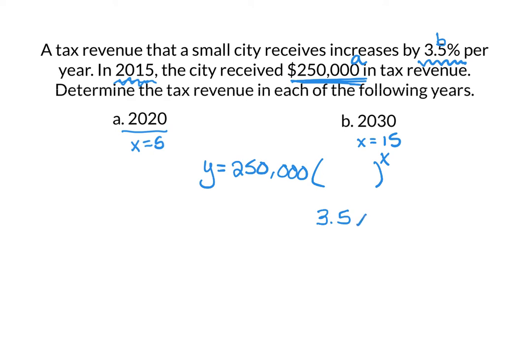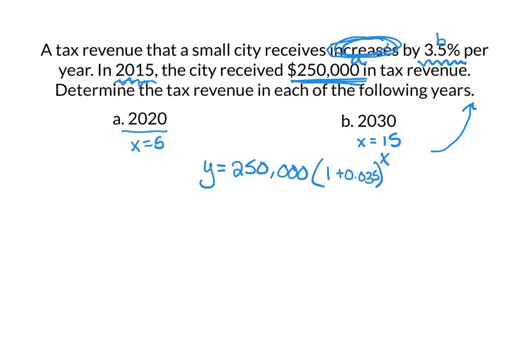So it's 3.5%. Well, first, how do we write a percentage as an equivalent decimal? We move the decimal to the left twice, add a 0, so it's 0.035. But we're dealing with an increase. We're dealing with something that's growing. And what I said at the beginning was that a growth factor means the b value has to be greater than 1. So what you do when you have percentages, you always do 1 plus the percentage,